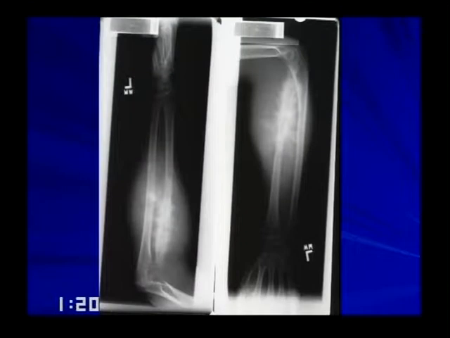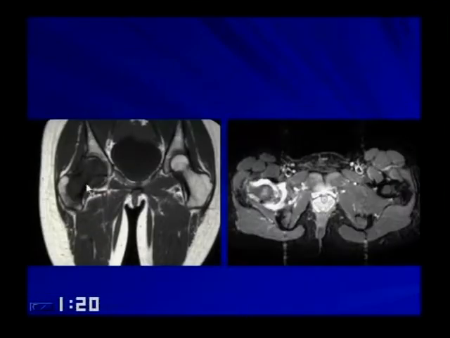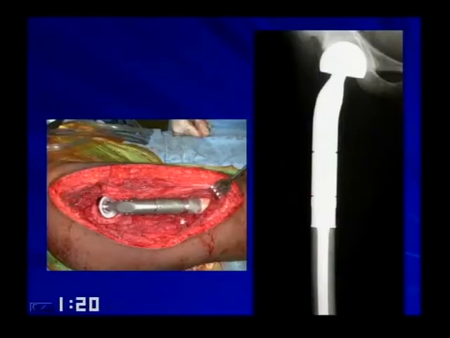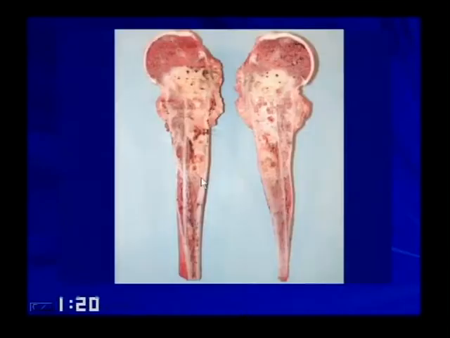Here's a patient with a classic sunburst of an osteogenic sarcoma. Here's a patient with dense bone. You can see there's a little bit of soft tissue ossification here. This patient has replacement of the marrow here with tumor, dark on T1, bright on T2, and this patient got resection of his proximal femur. Here's another patient that really did not do his chemo, and he progressed with a large soft tissue mass with ossification in it. And here's another patient with very, very dense bone, sort of fluffy, and there's his cut specimen.